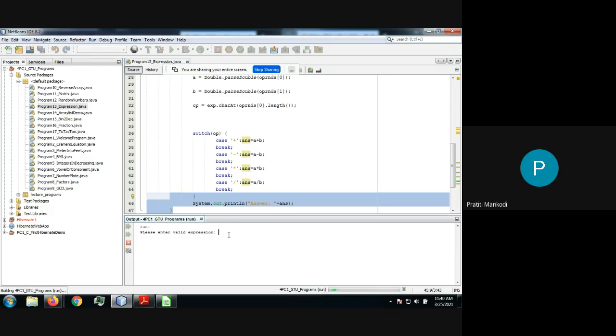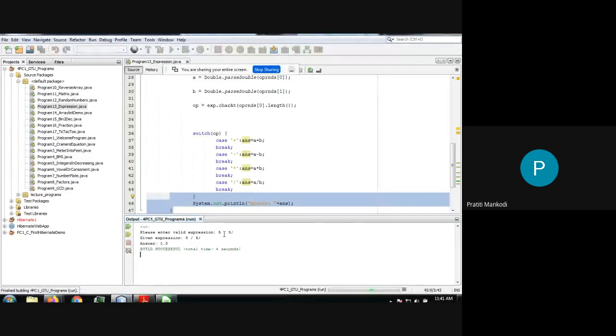Valid expression, let's say the same expression I am using, 5 divided by 2, and see what it is giving. Let me have that case also: 5 space 2. Oh, sorry, it's not a valid expression. 5 divided by 5. Right?